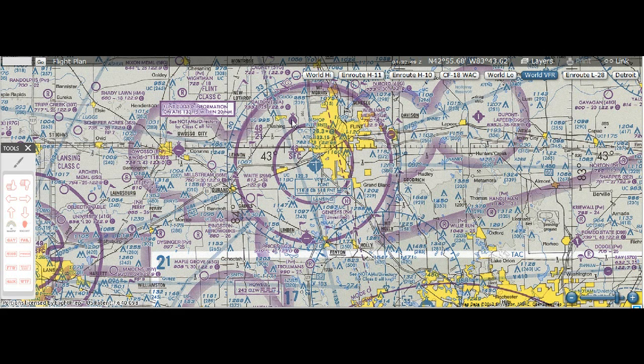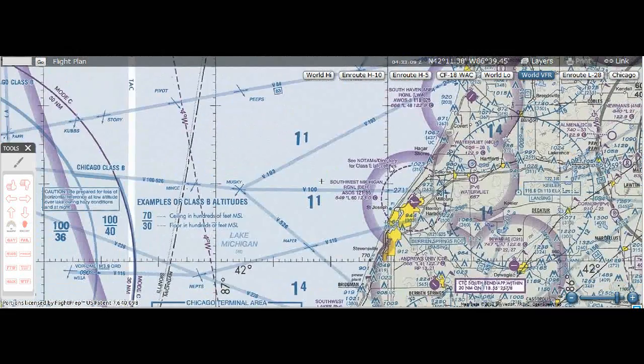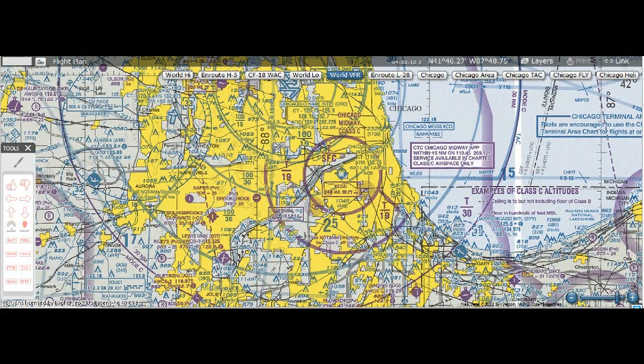Essentially, if we're at 2,000 feet over this airport, you are not in the Class C airspace, okay? Let's say you're at 3,000 feet over that airport, then you are in the Class C airspace. If you're in here, anywhere between the surface to 4,800 feet MSL, you're in the airspace, okay? The last thing I really want to show you with the Class C airspace is actually over here in Chicago,